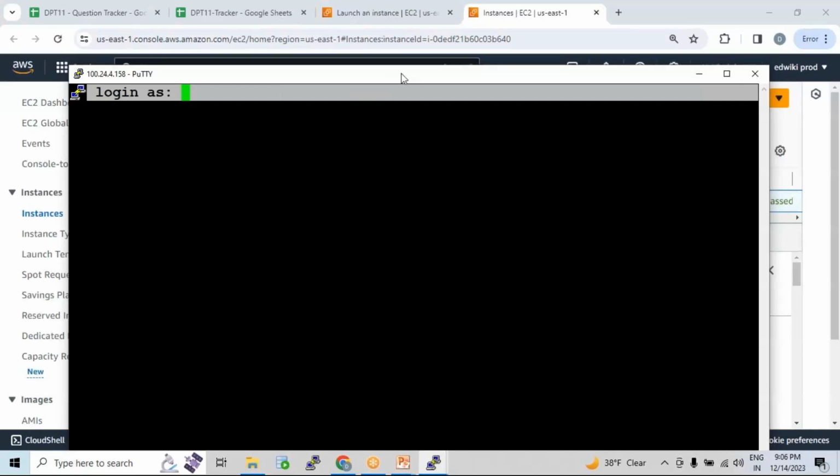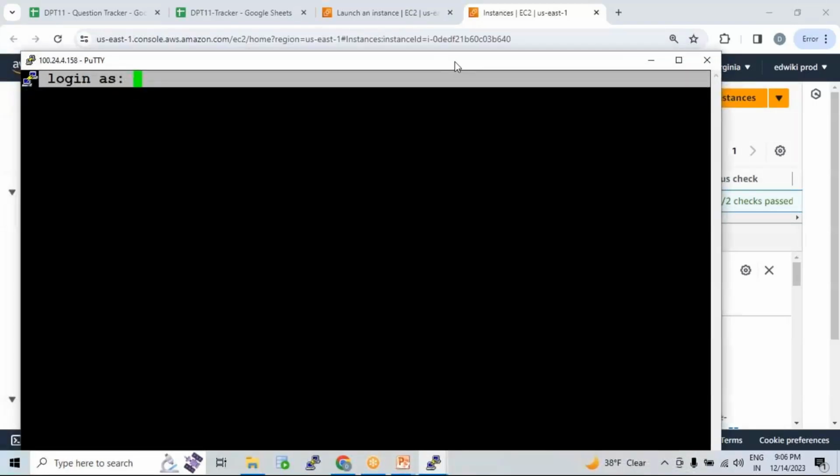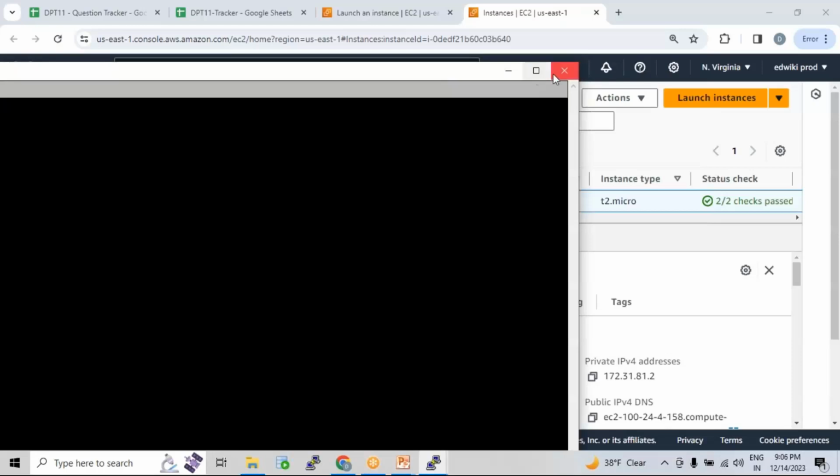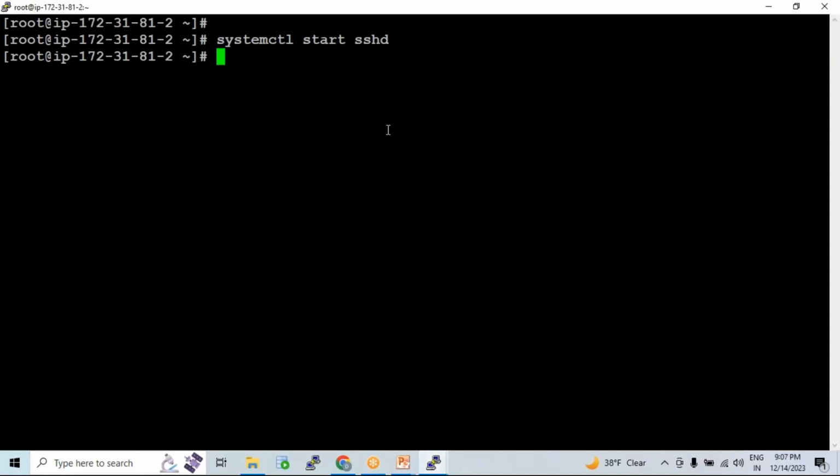So that's how SSHD is the service which is continuously running on the system. It has to be running on the system continuously, then only the clients can connect to the system, or else no. And these services can be managed using the command called systemctl. You can stop it, start it, see the status, and restart as well. Restart means it will go down and be started again. Good,